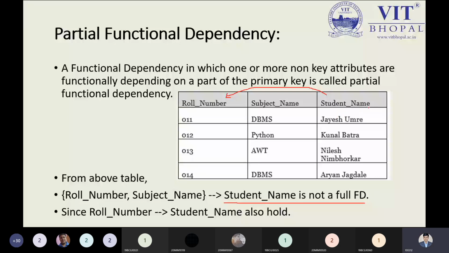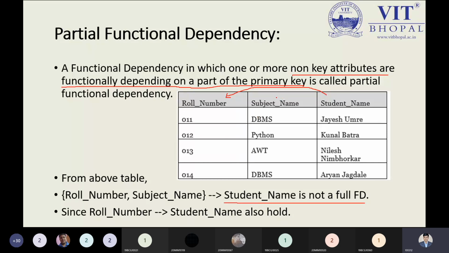That is a good thing. But what about the roll number or subject name which is opted by the students? That is not a full functional dependency. Why? Because if I remove the roll number, then on the basis of subject name and student name, can we make the dependency? No, that is the reason. So it is identified as a partial functional dependency. A partial functional dependency is one in which one or more non-key attributes are functionally dependent on a part of the primary key. That is the point. So subject name and student name can be the non-key attributes that are functionally dependent on part of the primary key. That is called partial functional dependency.